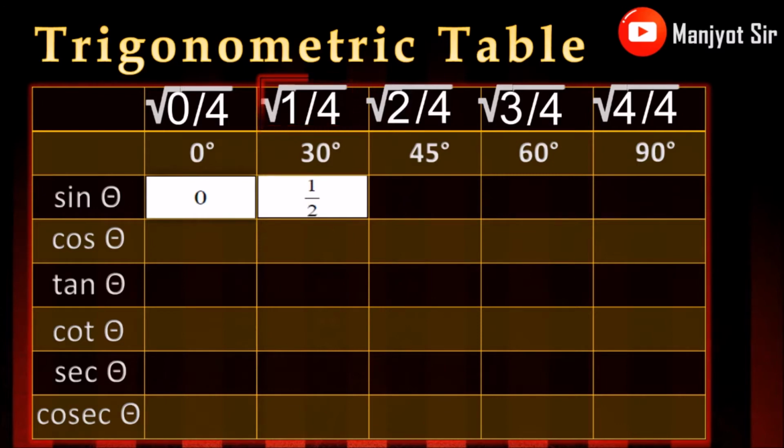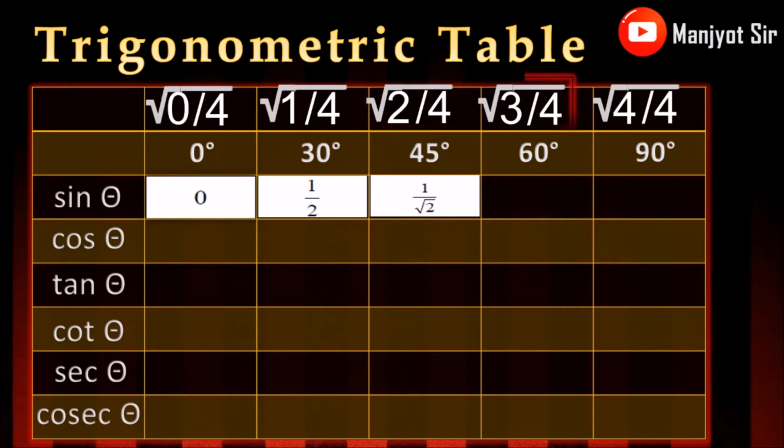Next term. If you observe next term, we can cancel this term. So, 2 ones are, 2 twos are. And after that, we'll take square root. So, 2 ones are, 2 twos are. And it will be under root 1 upon 2. So under root 1 upon 2 can be written as 1 upon root 2. So sine 45 is 1 upon root 2.